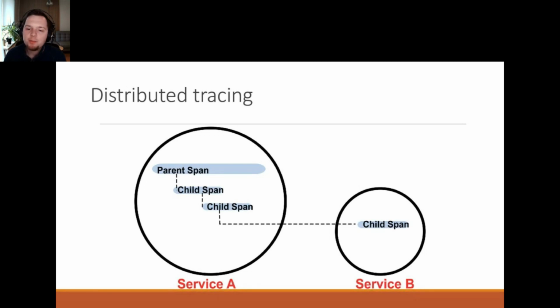And then you will also have in these spans a context. It's a kind of globally unique identifier that will represent that unique request. So for example, trace ID and span ID, and then you will be able to trace it through the whole system. The span can also, of course, have different things like attributes, events, and so on.